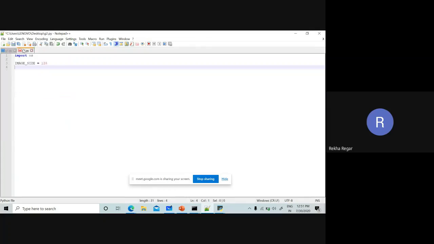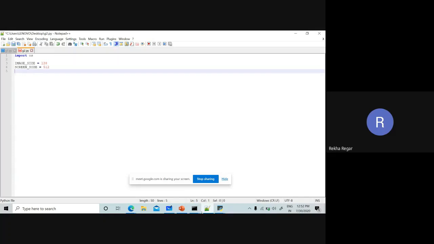So we have to use the same screen size for all the images. We take one variable, screen underscore size, with a size of 512, that is similar to the screen of our display.